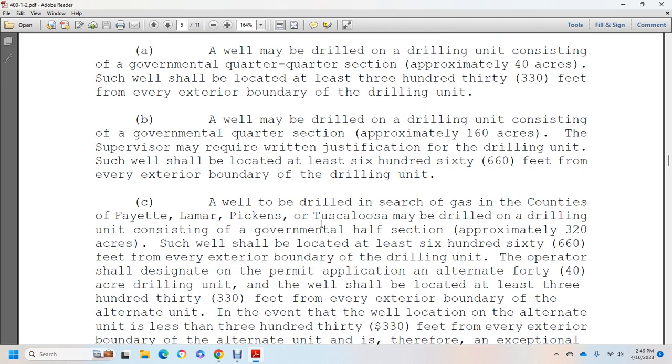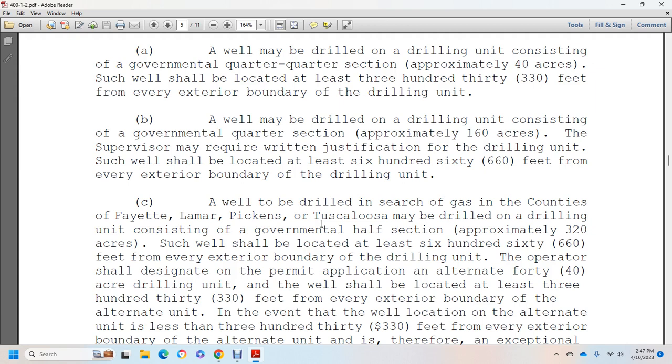For gas in the counties of Fayette, Lamar, Pickens, and Tuscaloosa, a well may be drilled within a drilling unit consisting of the governmental half section, approximately 320 acres. Such a well shall be located at least 660 feet from the exterior boundary of the drilling unit. The operator shall designate, with the permit application, an alternate